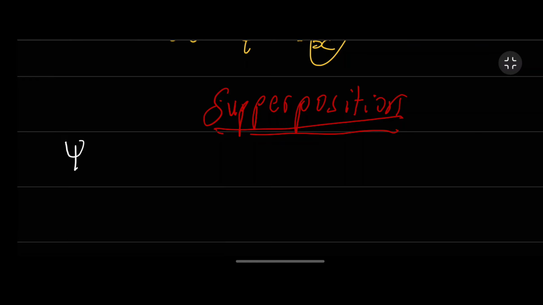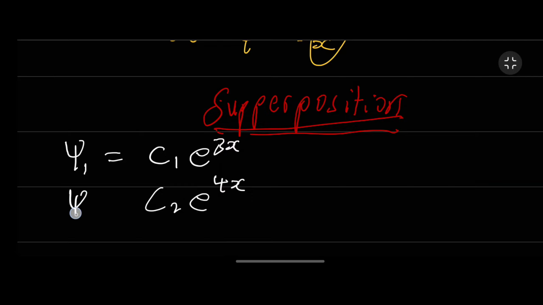We haven't actually started solving differential equations, but if we do, and we happen to find solutions for it, and one is of the form c1 e to the power 3x or something, and another is of the form c2 e to the power 4x or something. Okay, if we happen to find solutions like this for the functions,